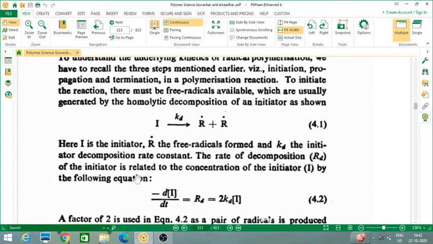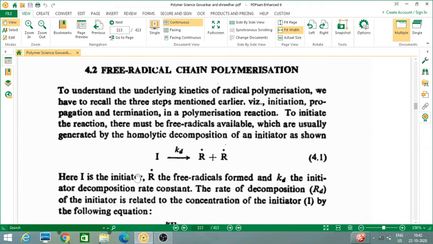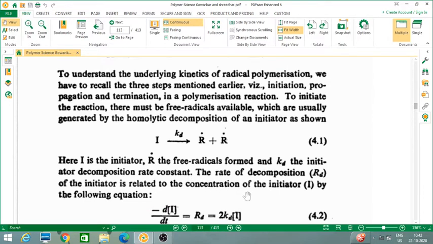Free radical chain polymerization. We all know free radical chain polymerization comprises three steps: initiation, propagation, and termination. To initiate the reaction, there must be free radicals available, which are usually generated by homolytic decomposition of an initiator. So this is the initiator, this is the initiator decomposition rate constant, and these are the free radicals generated. Here I is the initiator, R star is the free radical, and Kd is the initiator decomposition rate constant. The rate of decomposition, capital Rd,